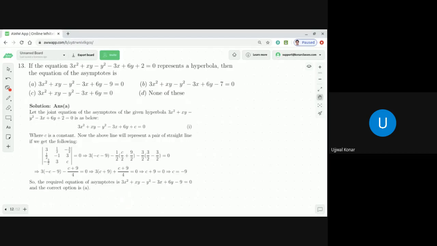You know, the general equation of second degree, ax square plus by square plus 2hxy plus 2gx plus 2fy plus c equal to 0, based on some conditions, either represents an ellipse, hyperbola, parabola, or pair of straight lines. Let me do one thing. Let me pull it up here and then